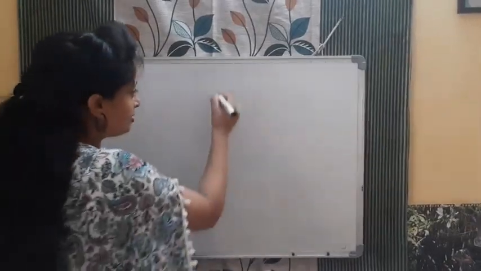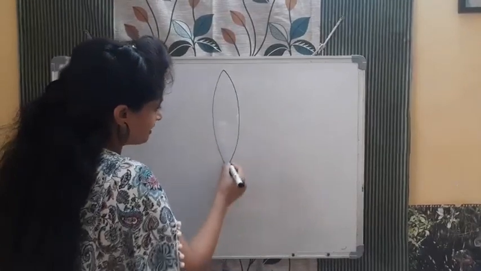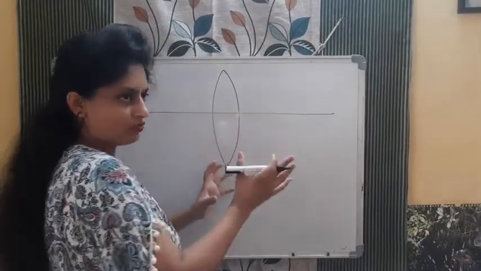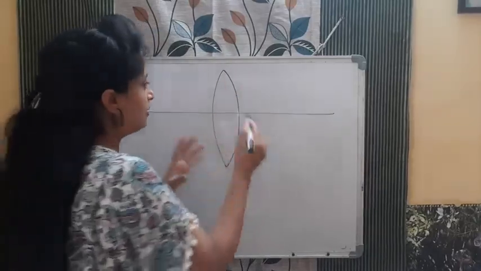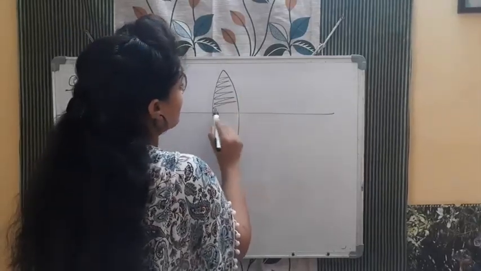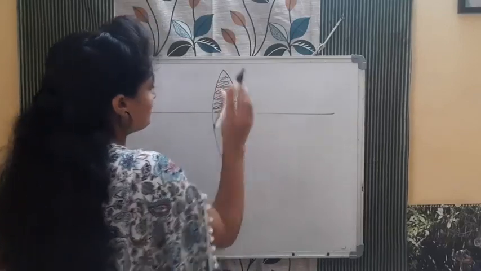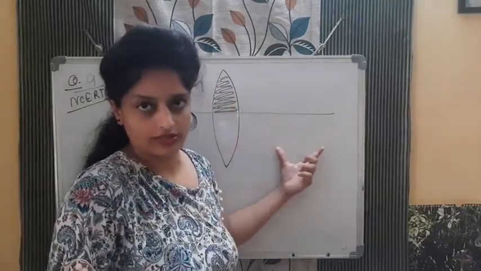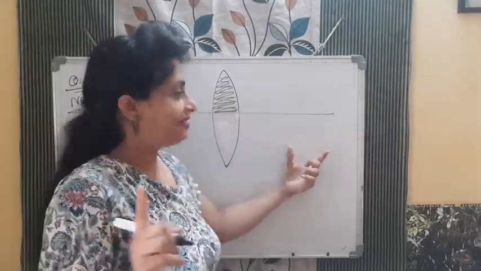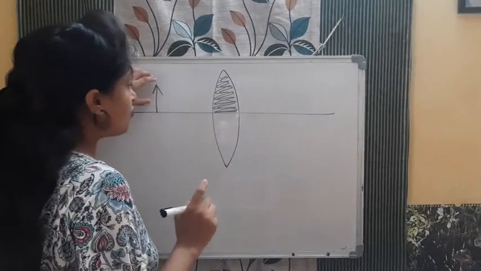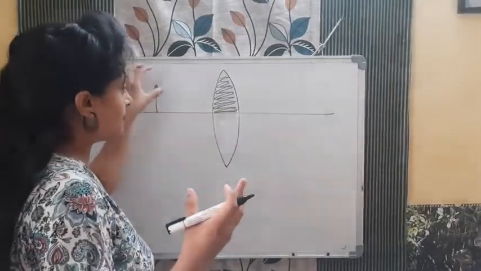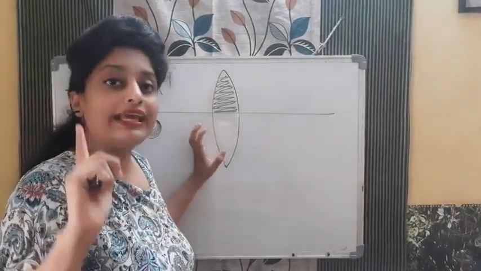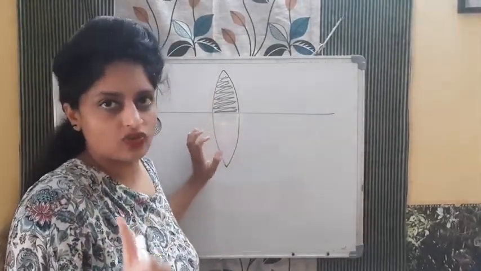Okay, see what the question is saying, that there is a convex lens. Half part of this convex lens, either upper or lower one, is covered with the black paper, fully blocked. So in that case, if there is one object, will the image form or not? First question is this. So when the object is here, bacha, rays of light that are coming from the object will pass from the lower part. If the lower part is blocked, they pass from the upper part. So image will form. Definitely image will form.